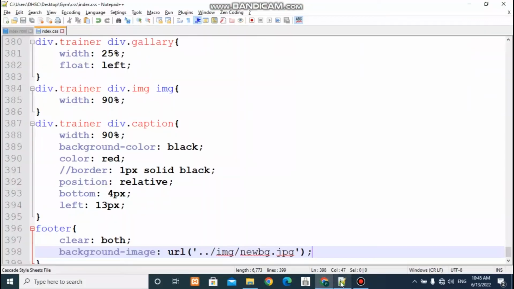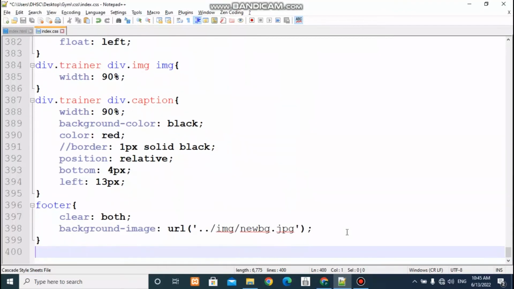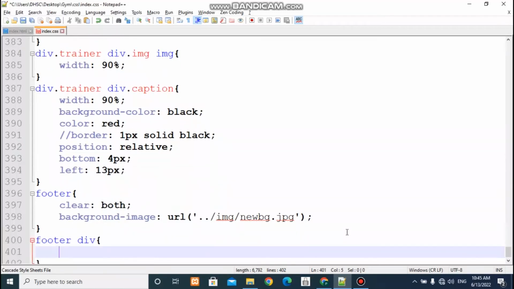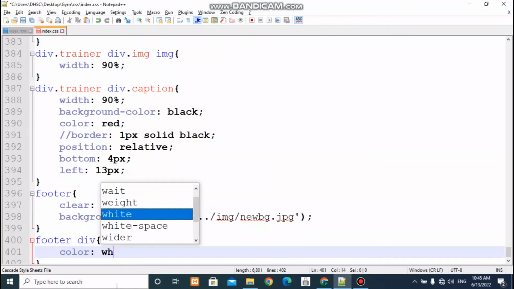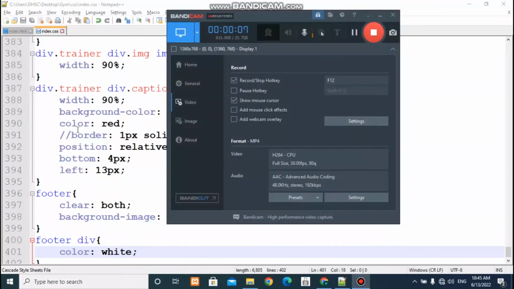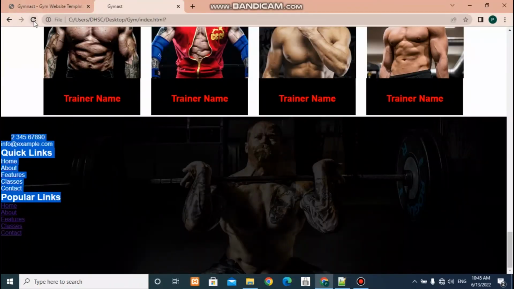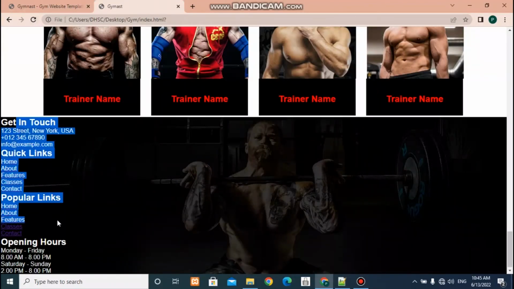Now for our footer, we need to select our divs. So here we go, inside footer we have div. Now for each div we can set a color of white, and just go back and refresh your page. As you can see now the texts are displayed